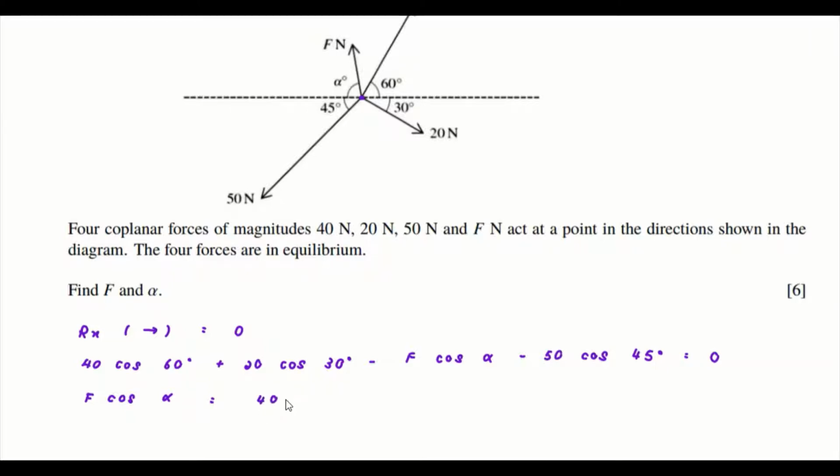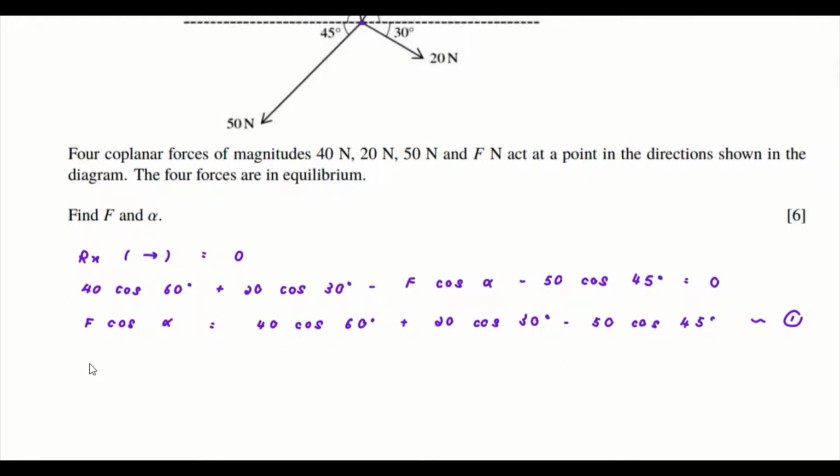So 40 cos 60, then plus 20 cos 30. Oops, I'm sorry, 30. Minus 50 cos 45. So this will be my first equation. I'll just leave it there. Because there are two unknowns, what I'll be dealing with later is two simultaneous equations. Now after we resolve in the direction of x, let's resolve it in the